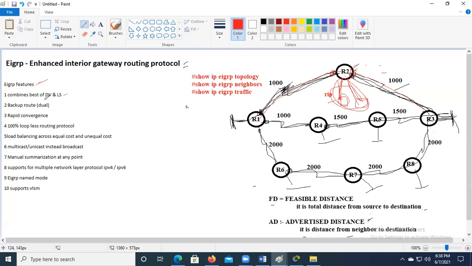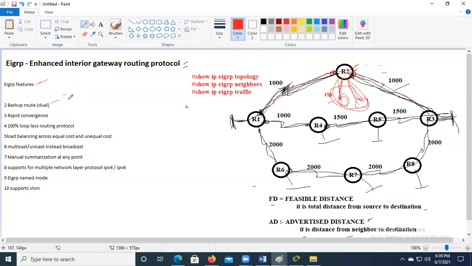It has taken most of the characteristics of distance vector. EIGRP is the only routing protocol that always maintains the backup route. That's why we say it uses the Diffusing Update Algorithm, which is used to select the best path to reach the destination. No other routing protocol will maintain the backup path. This is very, very important.